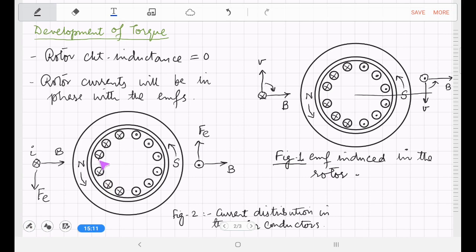But if we consider now the rotor to be rotating in the direction of the rotating magnetic field at a speed greater than synchronous speed, in that case, what will happen? The relative speed between the rotating magnetic field and the rotor will reverse. That means, although the rotating magnetic field will be moving in the counterclockwise direction, the rotor, since it is moving at a speed higher than the rotating magnetic field in the counterclockwise direction, we can think of the rotating magnetic field to be slipping